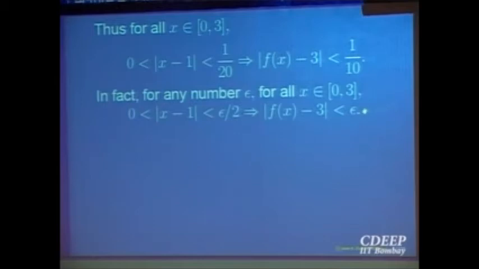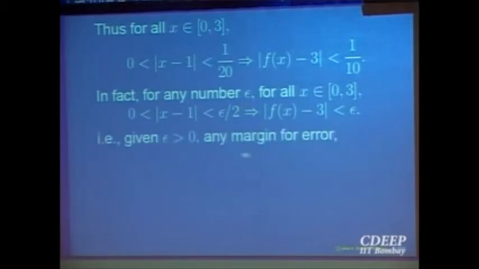So you are picking up the letter epsilon. Given epsilon, the margin for error, I am able to find some margin for the point to be near that point, so that whenever x is close to that point 1, where I am predicting the value, by that much distance, then all f(x) are close to 3 by that much error. So now I can make a definition out of it. Given epsilon, I am able to find something.